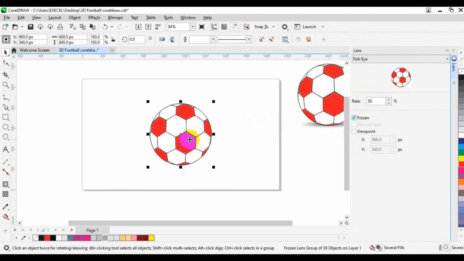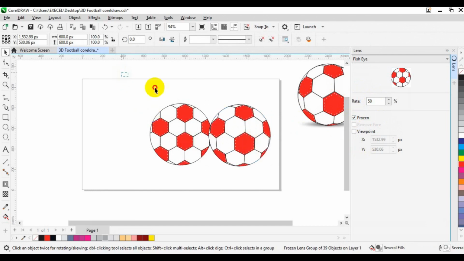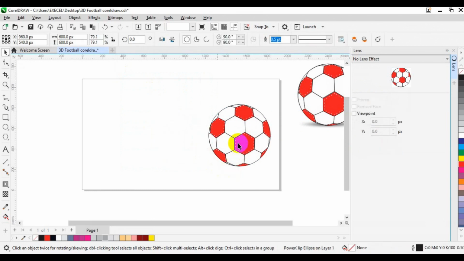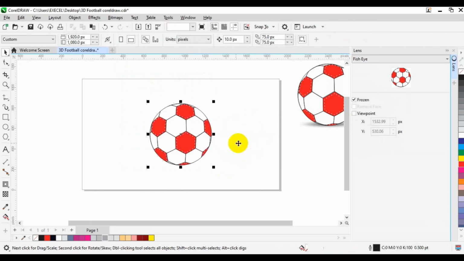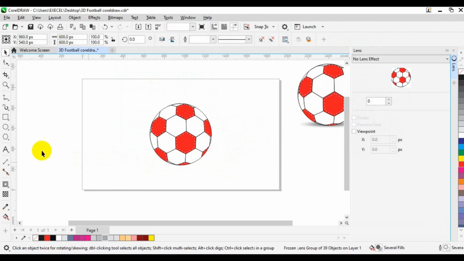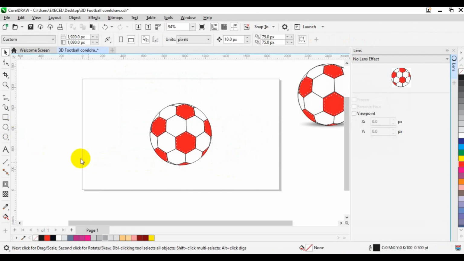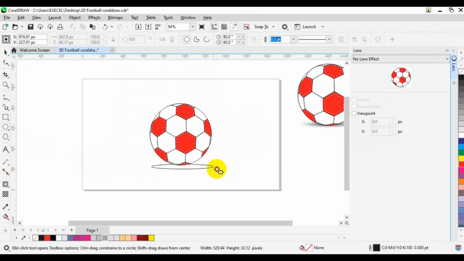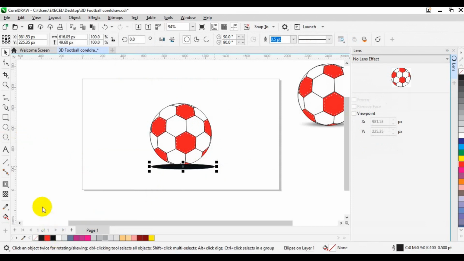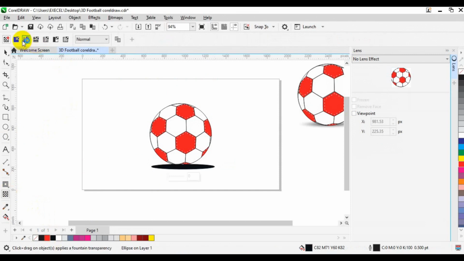Next thing you want to do is to go back to your circle and draw a circle at the bottom to create a realistic shadow. Then you have to come here and choose black color. Then transparent. Having chosen your transparent, you have to come to the home tab, choose fountain. Having chosen fountain, you have to look for eclectic. Good. Next thing you want to do is to right click, then go to Order,